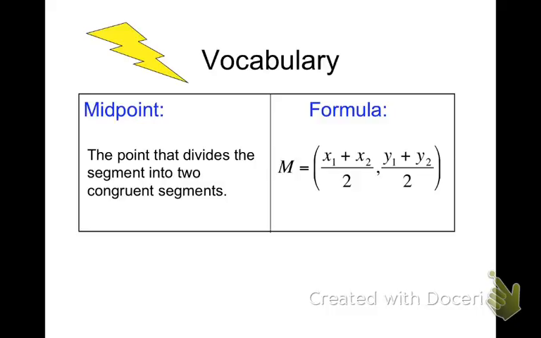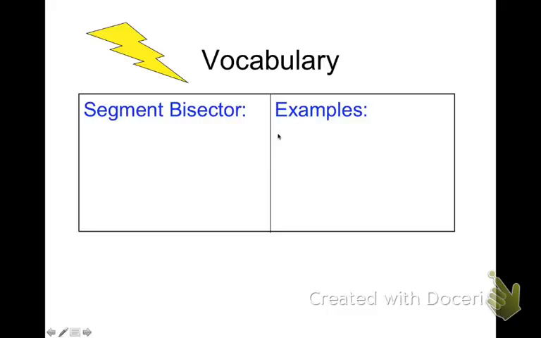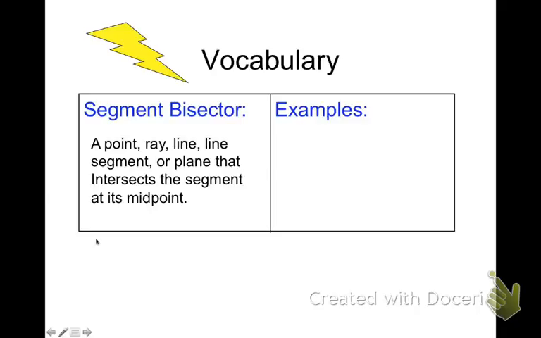All right. So now, moving away from midpoint, we're going to add in the idea of a segment bisector. So remember, a midpoint is a point. But what if our point is no longer a point and it turns into a line segment, or it turns into a line, or it turns into a ray? So here for our definition, a segment bisector is a point,